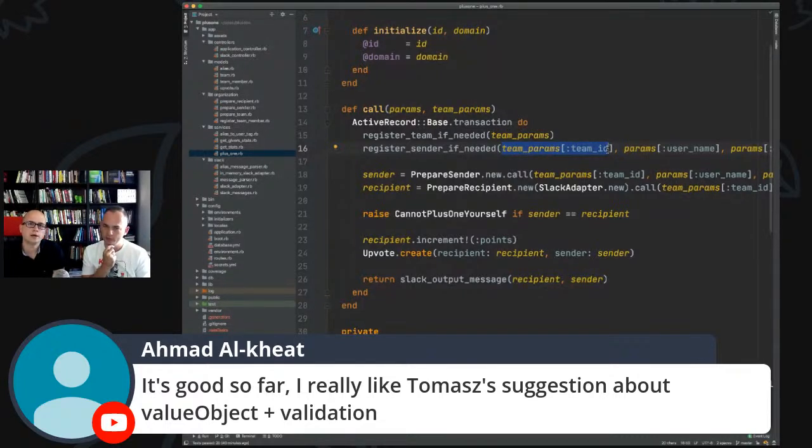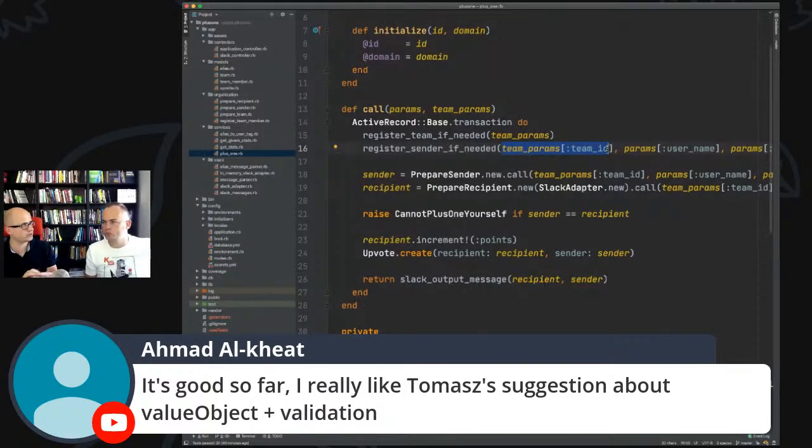I agree. So what I would do here is I would probably create some kind of DTO to be explicit. It's also, let's say, stamp coupling, at the same level, but you would only create the DTO which is valid. So for example, you would explicitly say that you have to have team ID in this DTO.